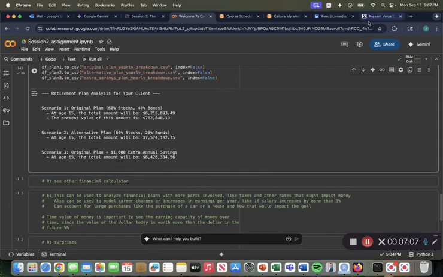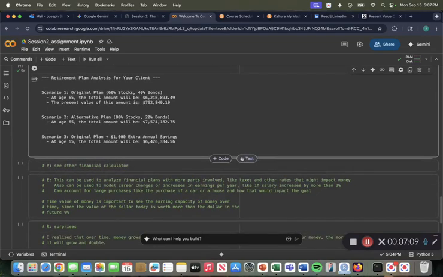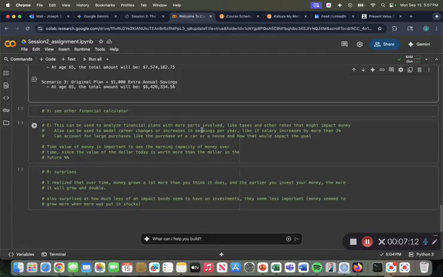So like we said, we already touched on calculating the present value, comparing that to a financial calculator. Now, some more complex applications of this could be analyzing a financial plan with more parts involved, like if you account for more taxes that you have to pay for, or other higher interest, or many other different stats that you have to really account for while you're making a financial plan. And things can change often, like taxes could increase on you, decrease. So you can use this same method to really account for all of that.